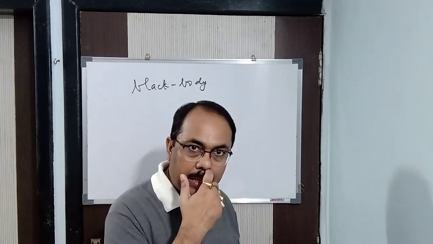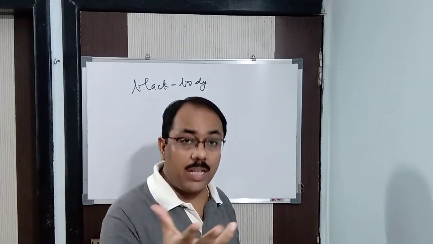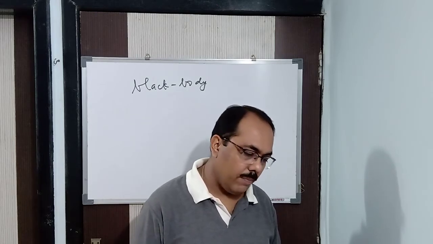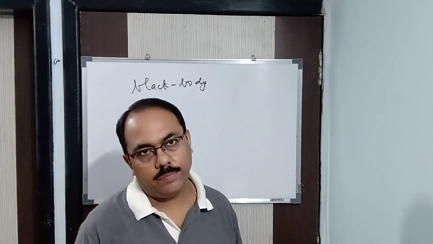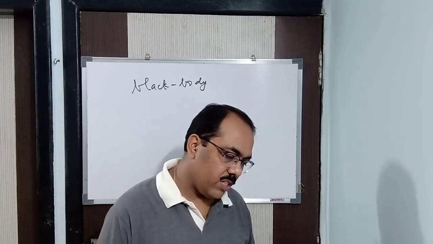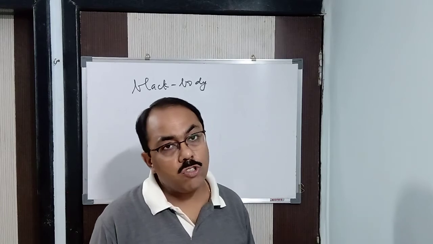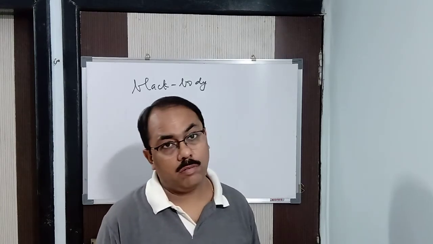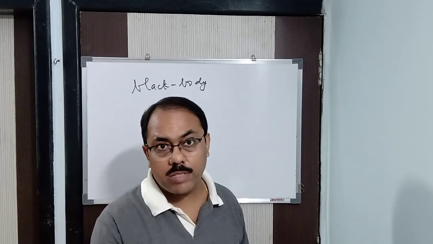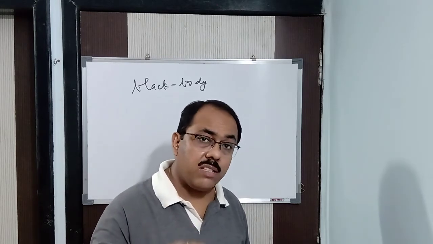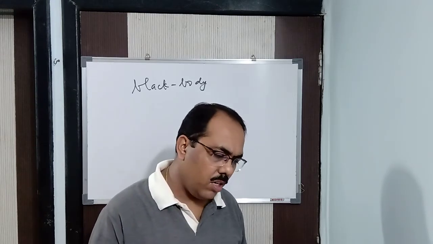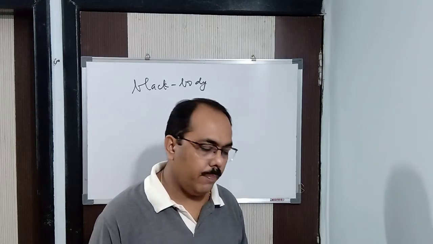Now I said it can be an incandescent bulb, it can be a metal, any hot metal. It was considered that electromagnetic radiation depends upon the intensity of the waves. But later on, it was found that it also depends upon the frequency of the wavelength. The energy which is emitted or the energy which is absorbed, it can absorb as well as emit, I said it just now to you. So it depends upon frequency, not intensity only. It depends upon frequency also.